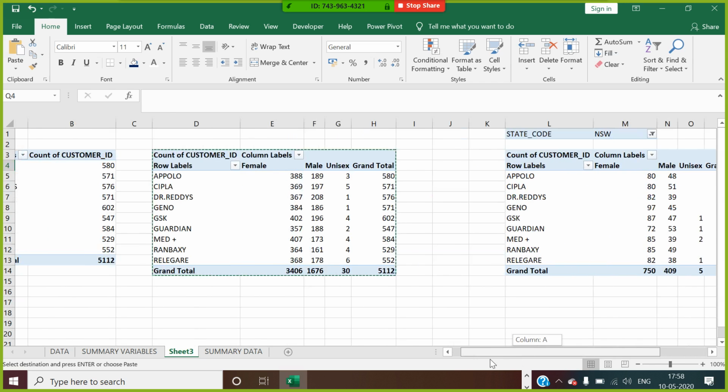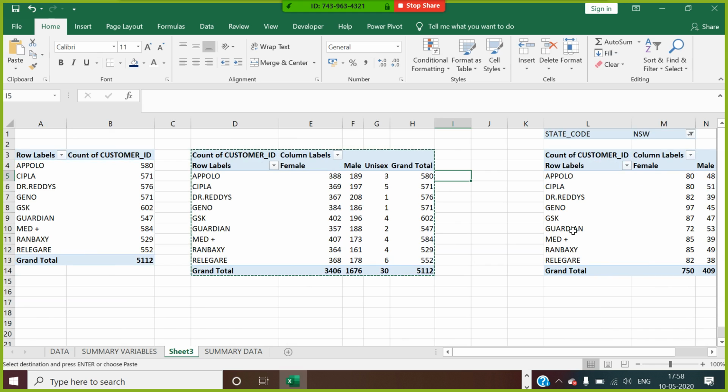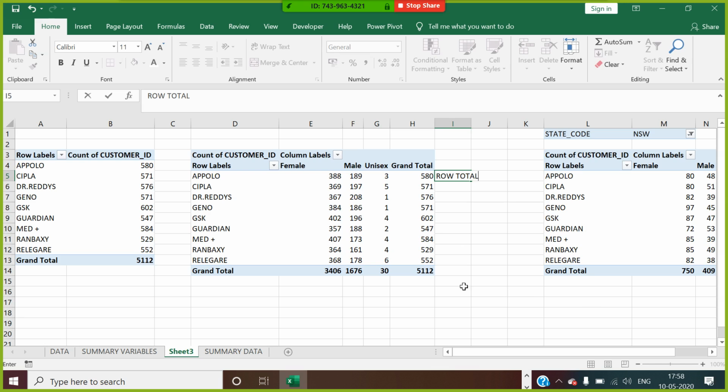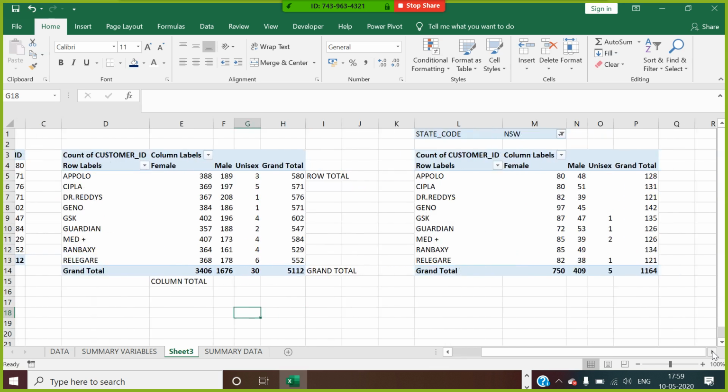In this data, how to read the pivot table? You say, this is my row total. This is my grand total. This is my column total. Understood, guys?